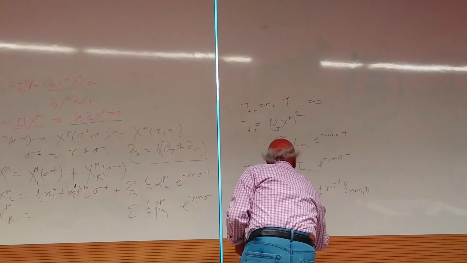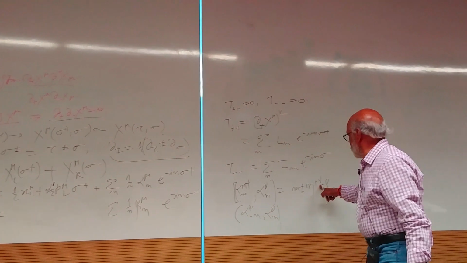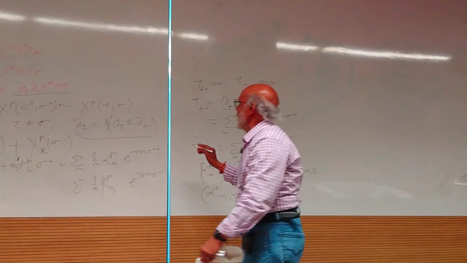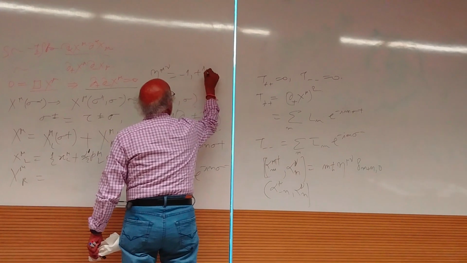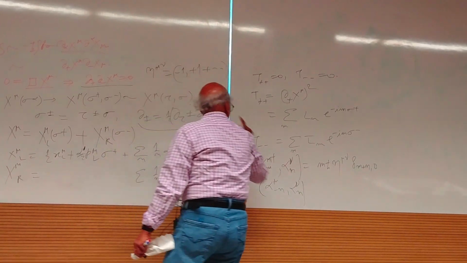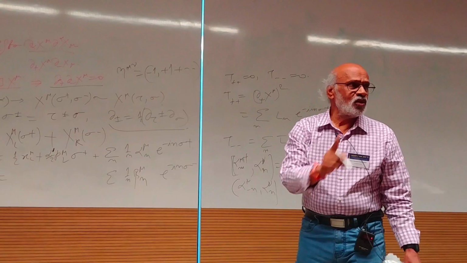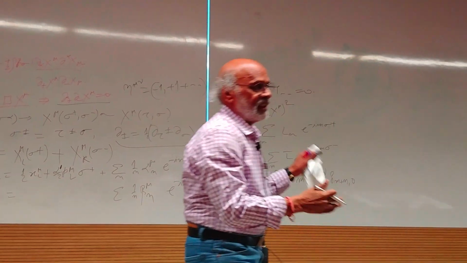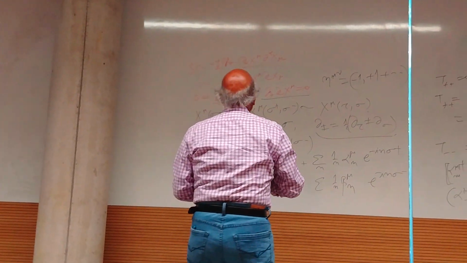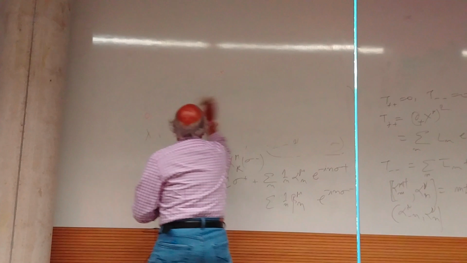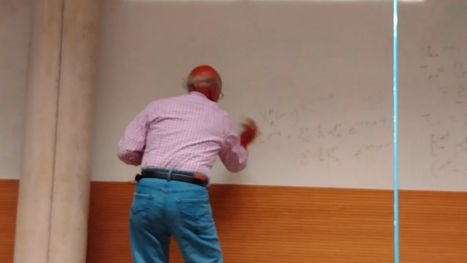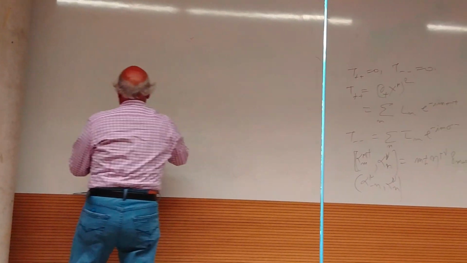So if you take 0, 0, then because of the choice of the metric, eta mu nu is minus 1, plus 1, etc., you have the existence of negative norm states in the theory, and you would like to avoid them. So what one does is impose a Gupta-Bleuler kind of quantization condition on this, and you demand that